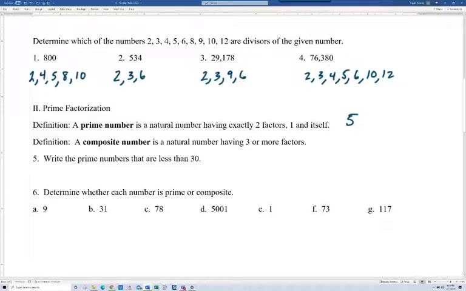Well, let's go ahead and go through that. So it turns out 1 is not prime. It doesn't have 2 factors. It actually just has 1. 1 is the only factor of 1. So it's actually neither prime nor composite. 1 is a special case. So 2